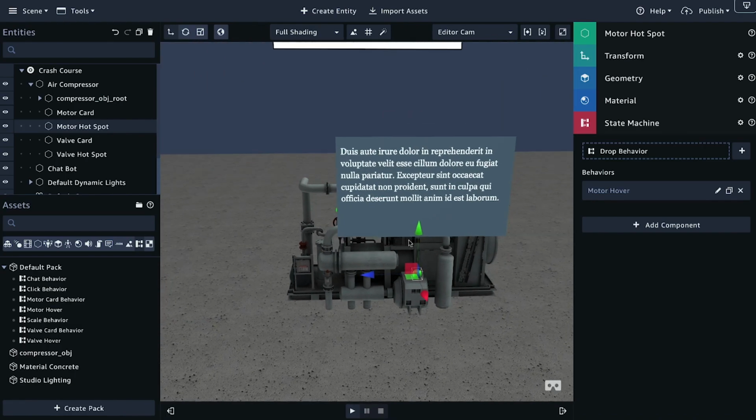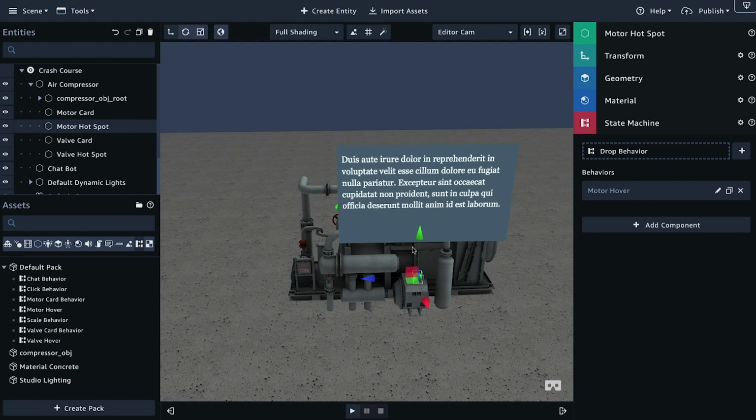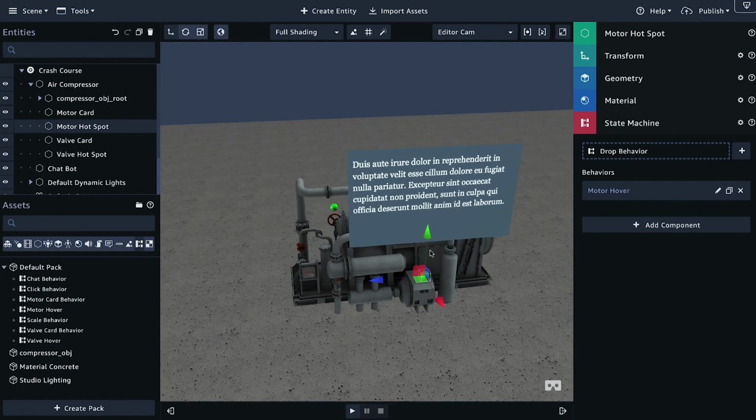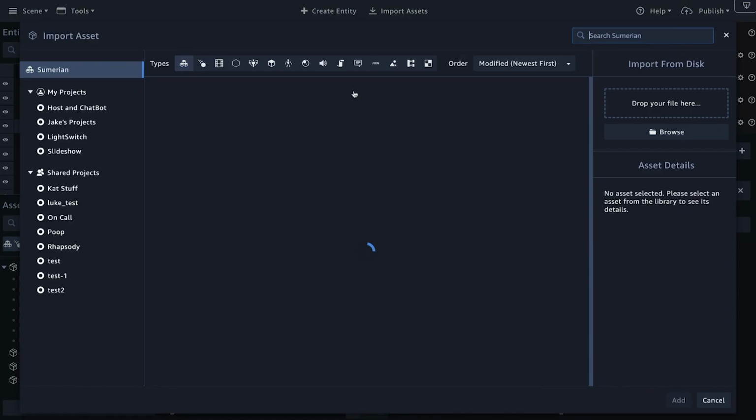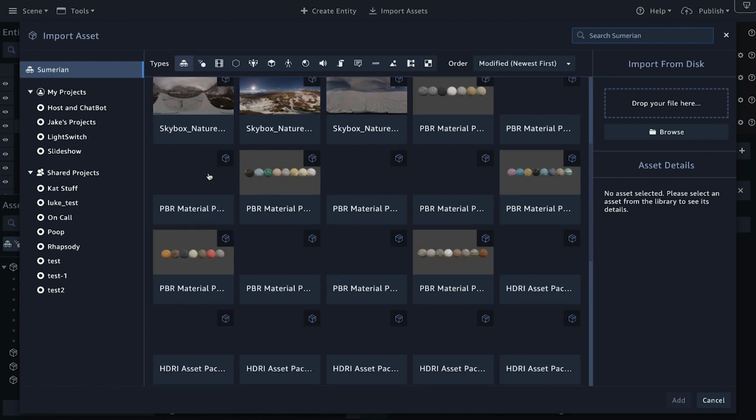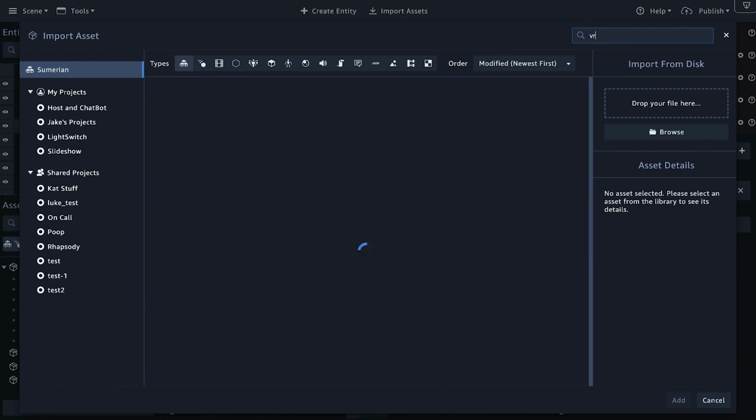All right, so we've set up everything for the most part in our scene. The final thing we need to do is add some VR capabilities, which is actually a very simple thing to do. So let's go to Import Assets. Open up the asset library, and if we just type in VR,